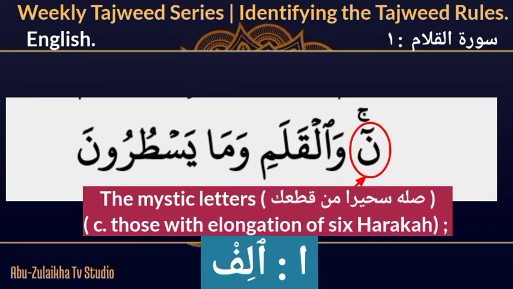Here, it is not a letter of elongation, which means it has not gotten the second option, because the second letter in this case happens to be letter lam, right? What of the last letter? The last letter, does it have sukoon? Yes, it does, but still with that, it does not obey the second rule, which has to be a letter of elongation. So in this case, letter alif, it is free of elongation and is, as I said, in the first group, right?